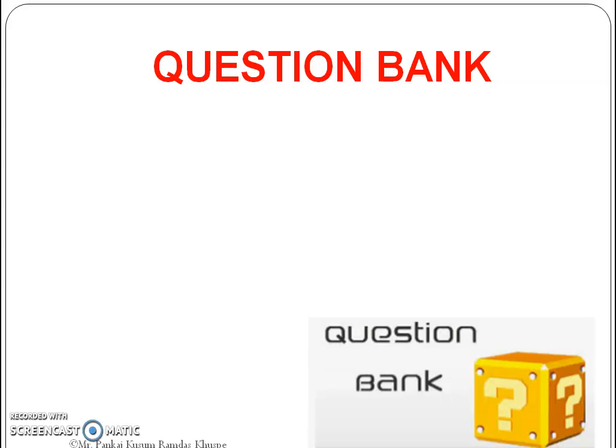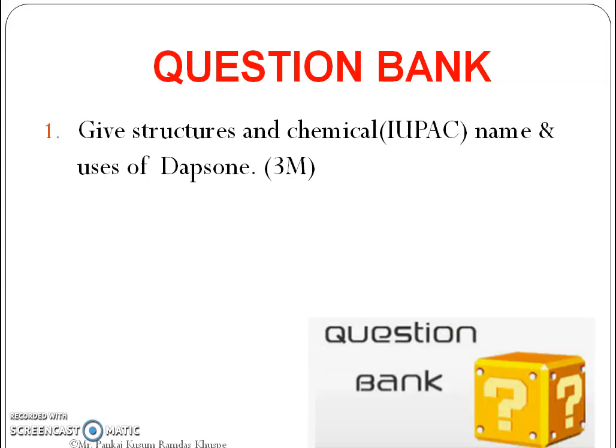So the questions asked on this particular chapter in the MSBTE final examination are: first, the most important question, which is generally asked in examination, is: give structure and chemical name of dapsone. This question is generally asked for 3 marks. Also, the same question is asked in the